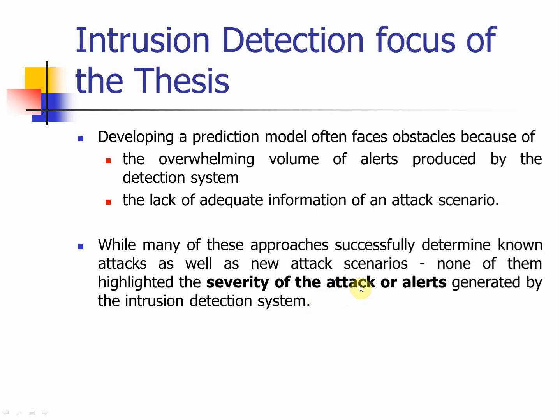What they're trying to say is that there are some attacks that are more dangerous. There are some alerts that are higher level alerts. So when those things are happening, we should pay more attention to that versus the lower level attacks or lower level alarms. There is no research focusing on the severity of the attacks and alerts, and you can see that the response made to the more deadly or dangerous attacks or alerts probably needs to be stricter versus the lower level threats, where they can probably go easier.